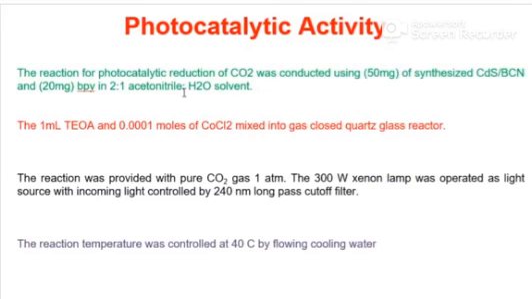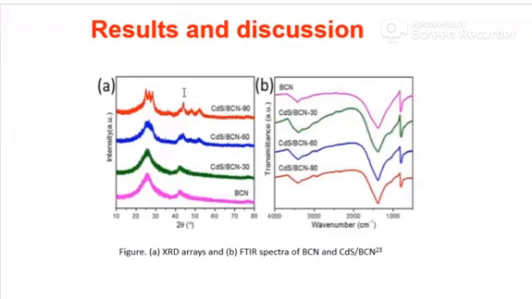The photocatalytic activity was then studied. The reaction for the photocatalytic reduction of CO2 was conducted using 50 milligram of the synthesized photocatalyst and 20 milligram of bipyridine in 2:1 acetonitrile in the presence of water as a solvent. Once it was measured, later on it was studied